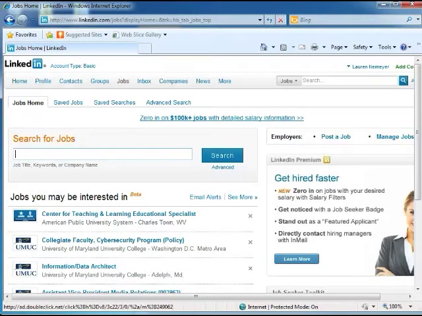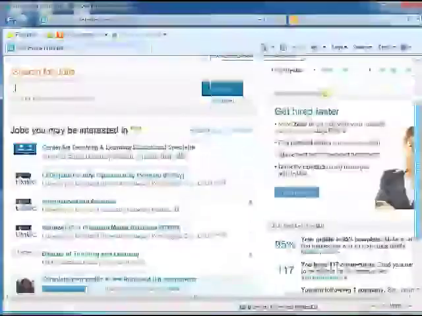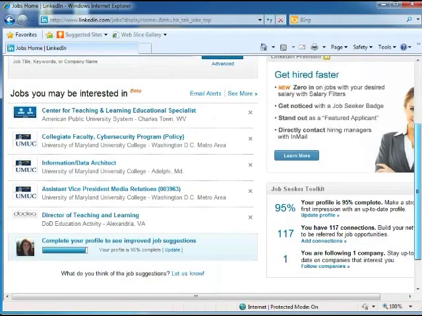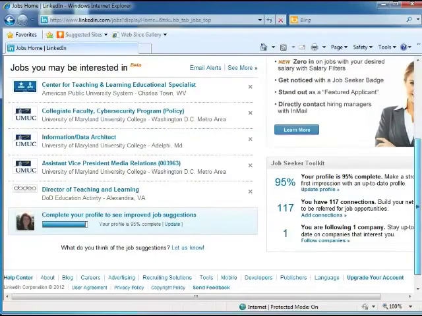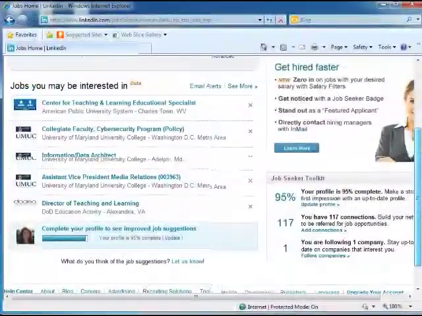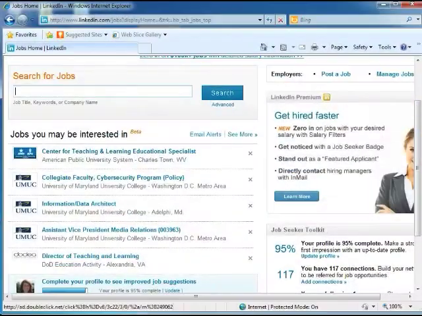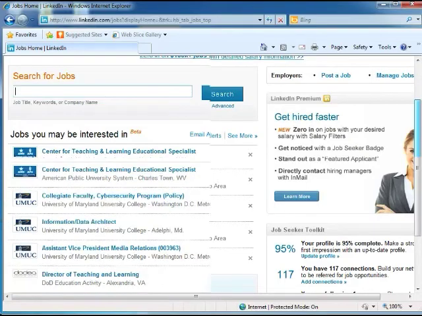They can sign up to get a paid account where they more or less get bumped up, they get the job seeker badge as it says here. So it stands out more to employers who are looking for